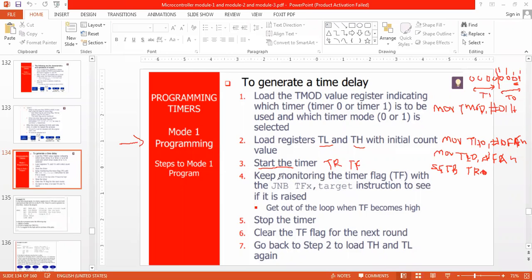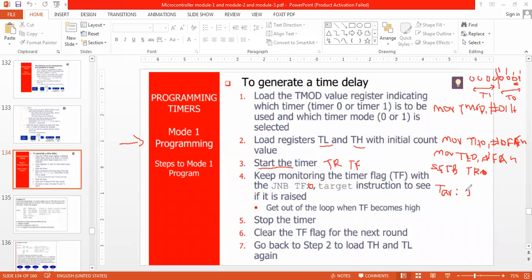Then keep on monitoring the timer flag with the JNB TFx, target. So what is TFx here? TF0. So what I will write here to monitor it: target is a label.